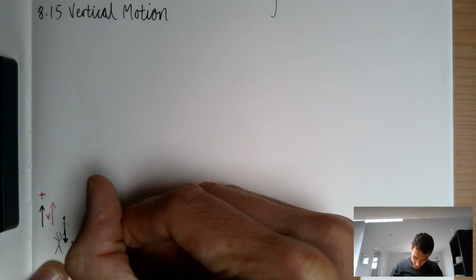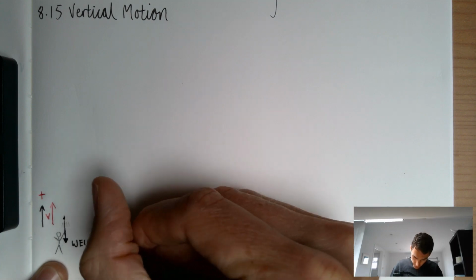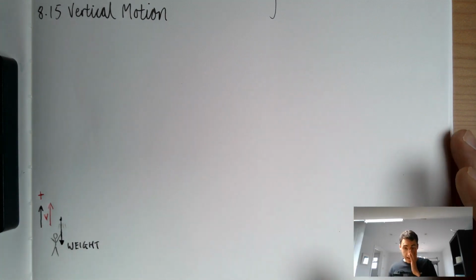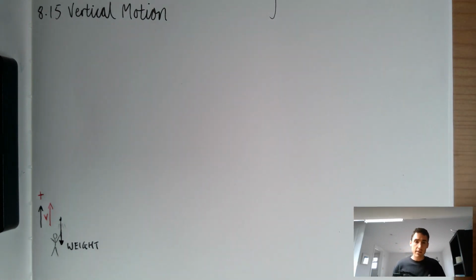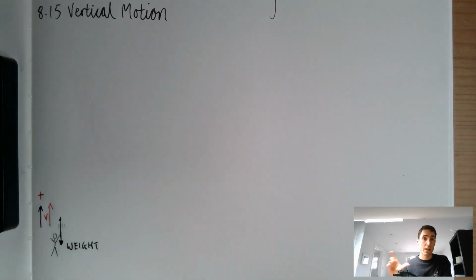Now, a bullet would actually have a very low weight, wouldn't it? But I've drawn quite a long arrow anyway. So we've got the weight acting down like that. And what you want students to recognise is that there's nothing else acting on the bullet. And here you can maybe already see we're kind of foreshadowing the lesson on projectiles